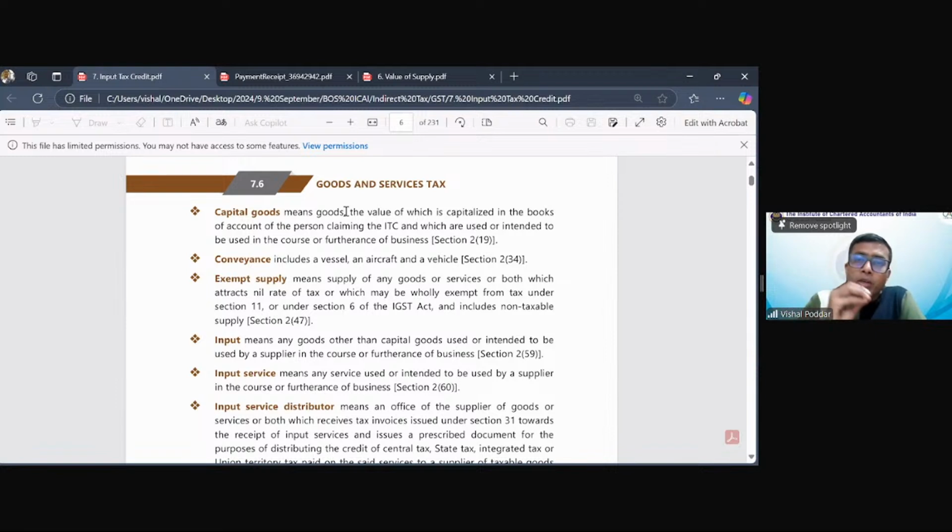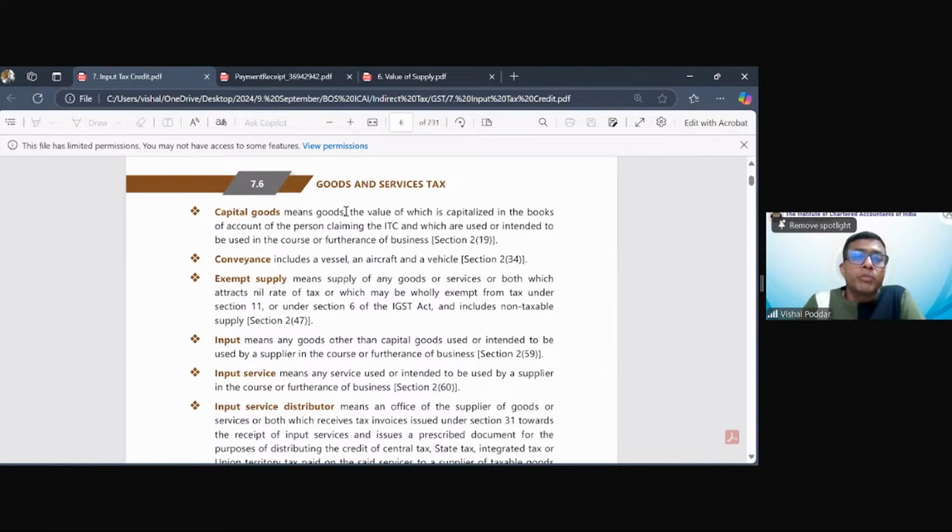Second example of this is you are buying or getting some software like ERP made for your company. Now, ERP, which is a software, is a service. And many times these softwares, SAP, ERP, cost companies hundreds of crores. So when I am, let us say, spending 2.5 crores on getting this SAP made for my company, I capitalize this software cost in my books. However, still it will not be called capital goods. It remains input service.